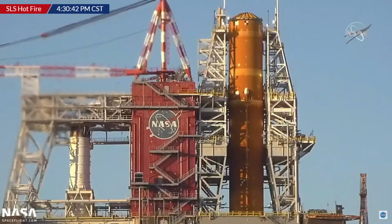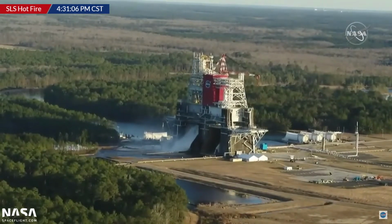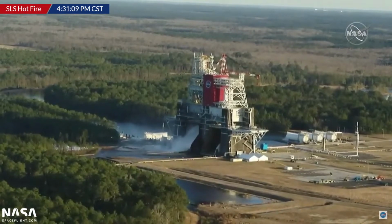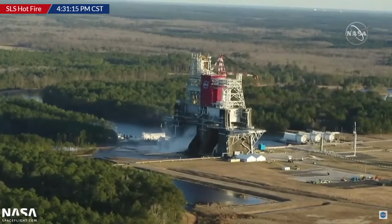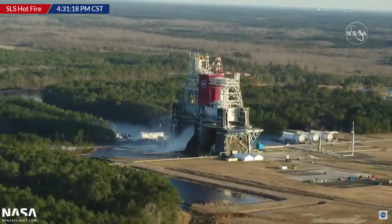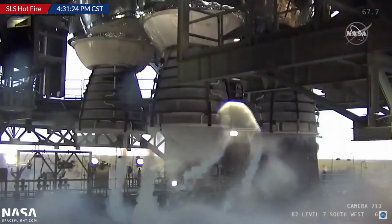they will still probably go through the process. I'm not sure if we will get a clear answer out of them at the post-test sequence, but they aren't going to be starting the engines again today, and so we'll have to see whether they say at the post-test briefing whether they are absolutely going to have to rerun the test or not, but we'll just have to see, because